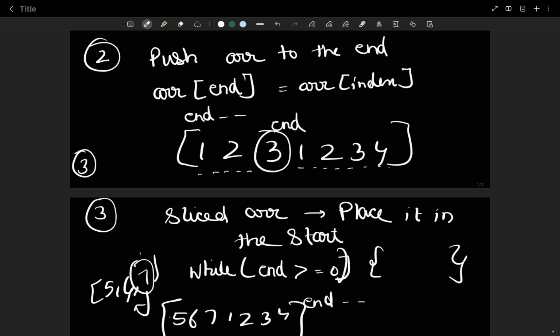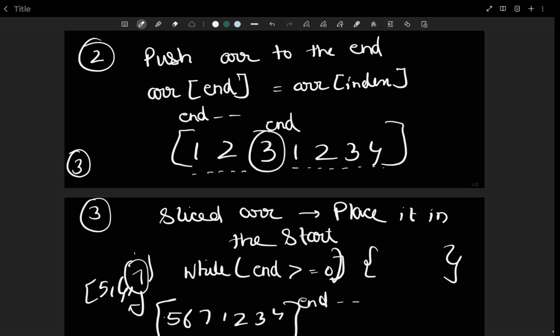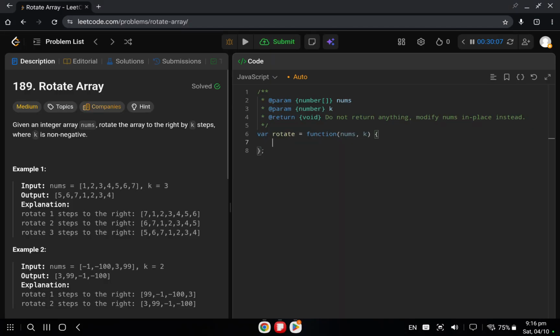First we will code this approach, and then I will tell you one more approach as well. So let's start coding this approach. We have to first slice the array. So let me take a variable, say start, and I have named it as nums dot length minus 1 minus k. So this is going to be the value of my start index.